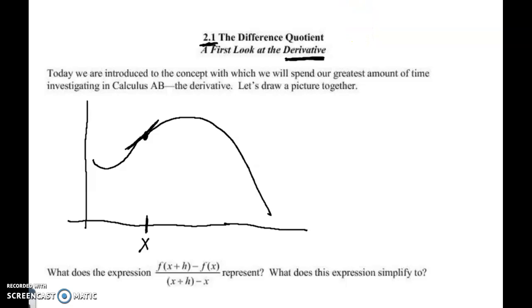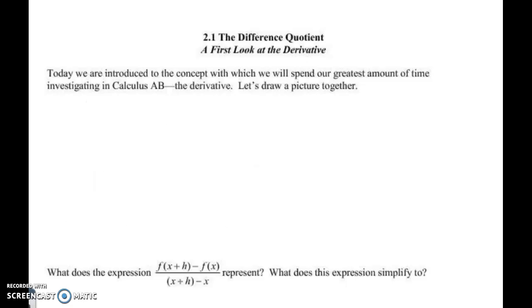We're looking at 2.1. This is my second attempt, by the way, of doing this. I just didn't like where I was going. So we're at 2.1, the difference quotient, and we're going to look at the derivative, which right now means nothing